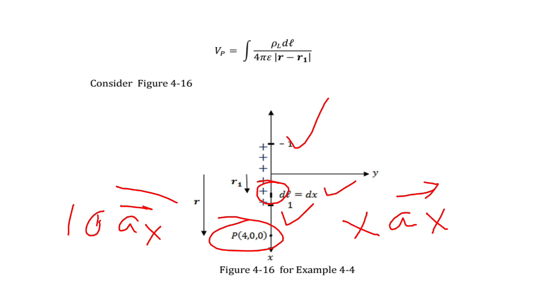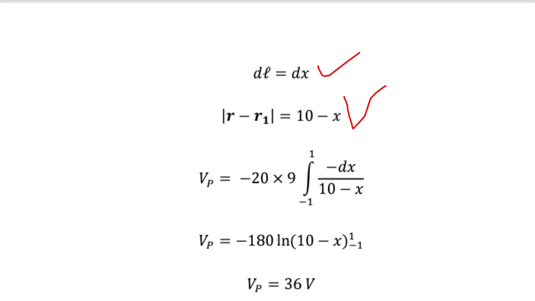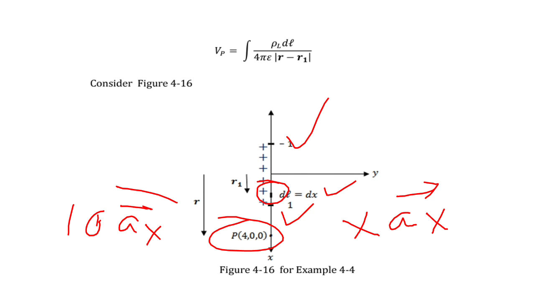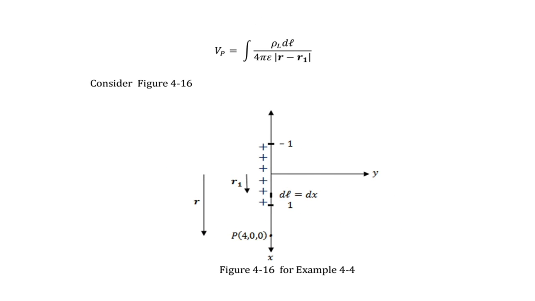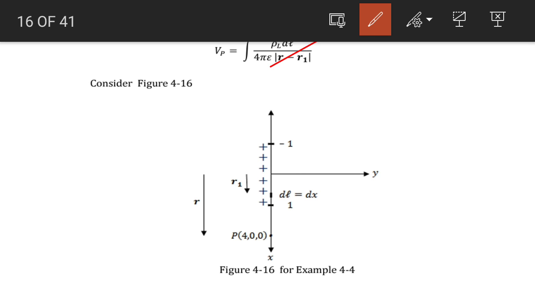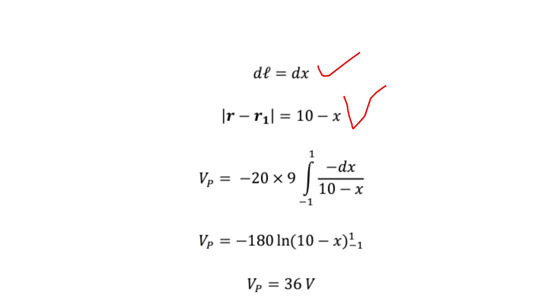We will consider epsilon naught over here. We will assume that everything is in free space. So definitely dl will be equal to dx. R minus r1 will be equal to 10 minus x. Okay, if we put the values in this particular integration, so let us put the values. If we put the values in this particular integration, the absolute potential at this particular point will be equal to